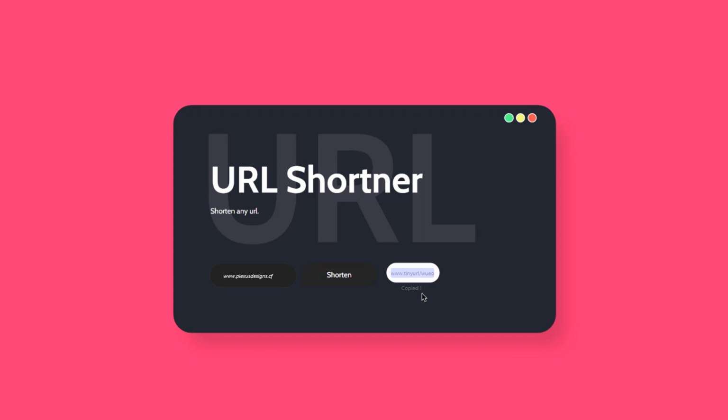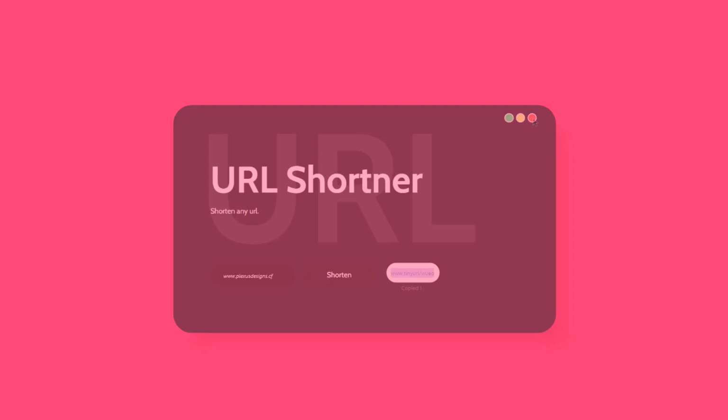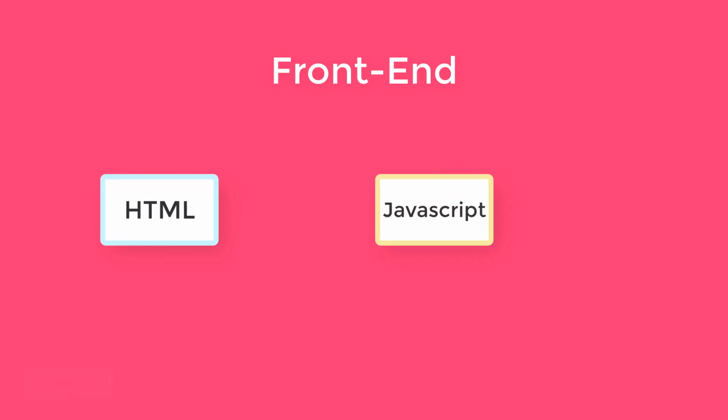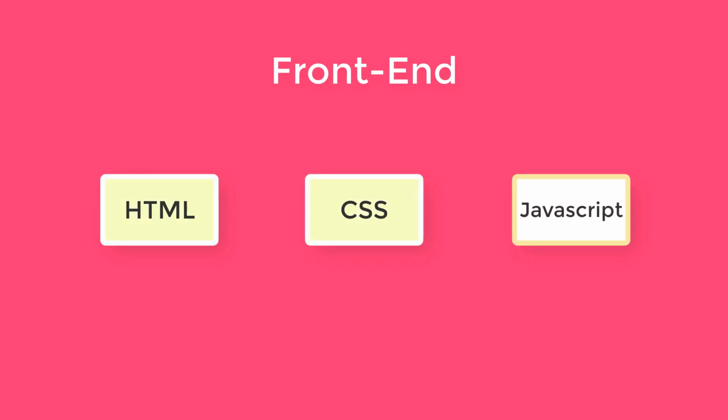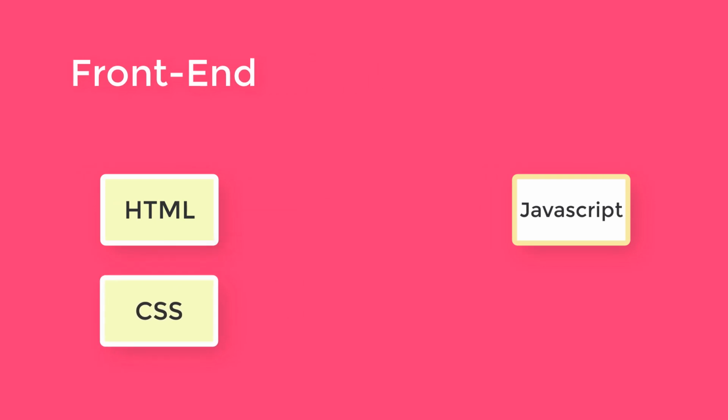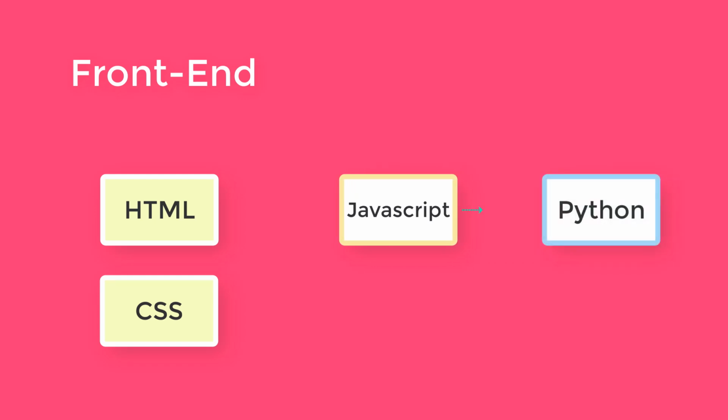So let me show you the logic behind this project. First of all, we will need 3 files for the front end, which are HTML, JavaScript and CSS. Now we will be using CSS and HTML as a part of the front end, which I will not be covering in this tutorial. To create HTML and CSS, you can watch my tutorials, or you can check my other channel, which is Proxlite Web. Now you can use JavaScript for linking it with Python. Python will be our backend part where all our code will be housed.